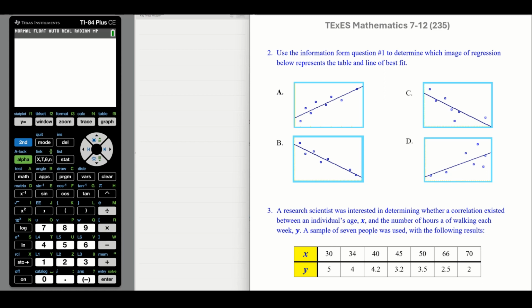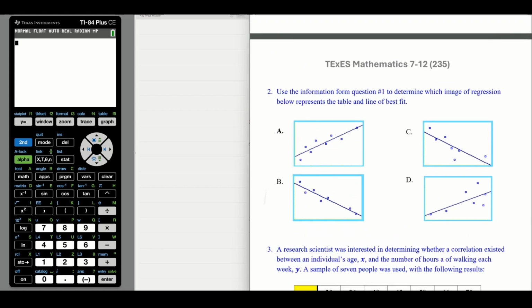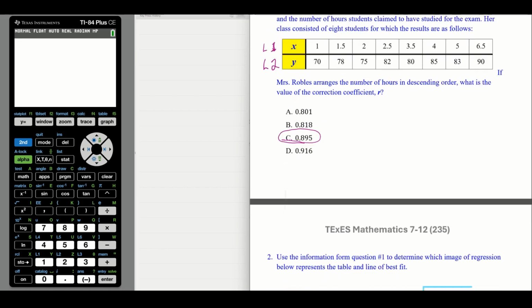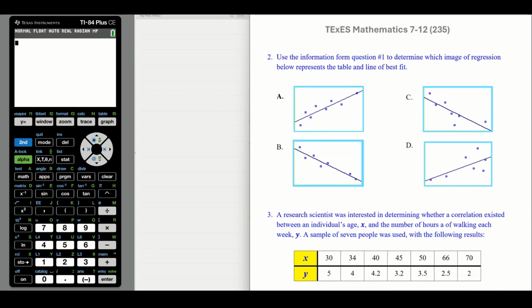Number 2, use the information from question number 1 to determine which image of regression below represents the table and line of best fit. Okay, so what they're saying is we're going to look at what we did for number 1 above. Show that to you. There's number 1. We already have it in the calculator. So we're going to do some things and figure out which one of these is going to be the correct